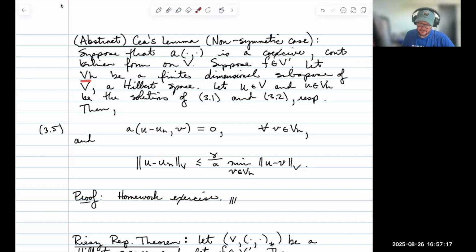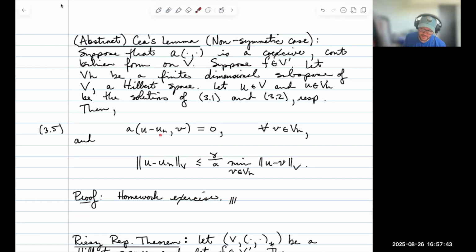Let VH be a finite dimensional subspace of the space V, which is a Hilbert space. Now, of course, we have the setting for the Lax-Milgram lemma to apply. Let U in V and UH in VH be the unique solutions of 3.1 and 3.2 respectively. Then